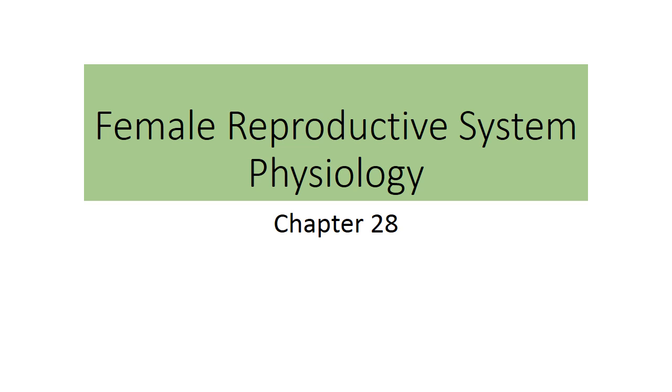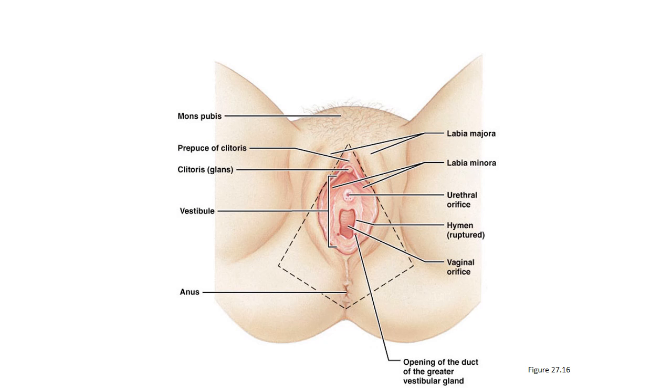This week's lecture material will be looking at the physiology of the female reproductive system, and information will be coming from chapter 28 in your textbook. Looking at the external genitalia of the female reproductive system, the vagina is the organ of copulation, and associated with